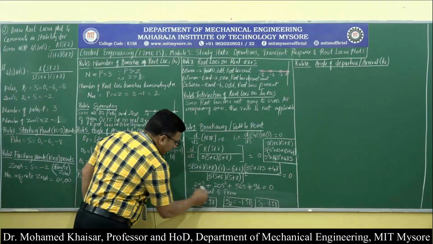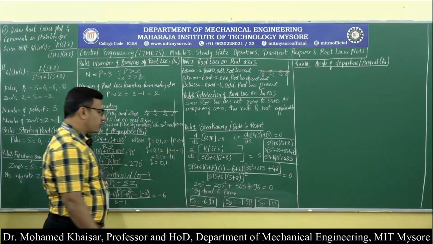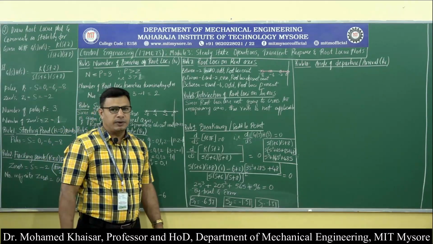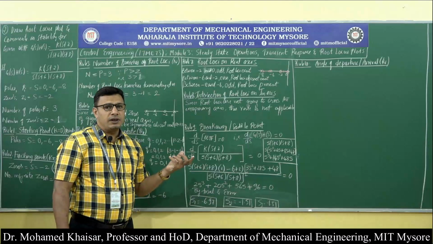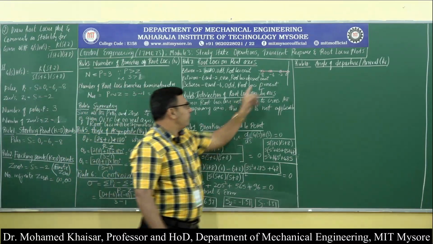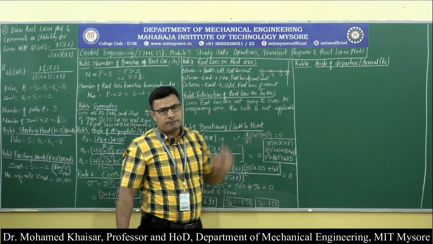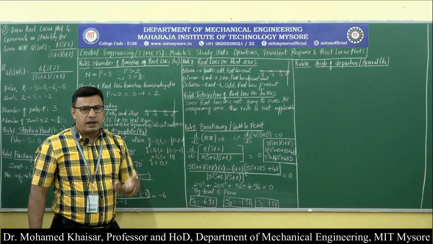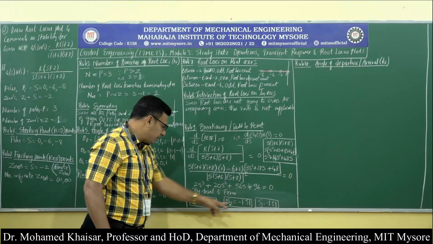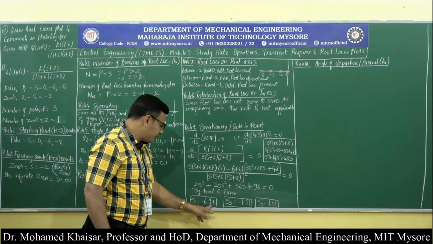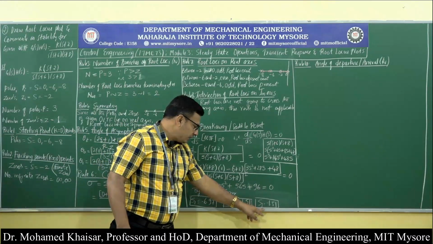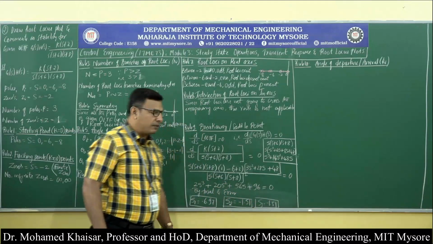Finally, we will get this equation 2s cube plus 20s square plus 56s plus 96, and by the trial and error method, we know what value is going to be the breakaway point. It has to be anywhere between -6 and -8. So even if you do it in the calculator, I think you will probably get three values: s is equal to -6.97, s is equal to -1.51, and s will be equal to minus 1.51.